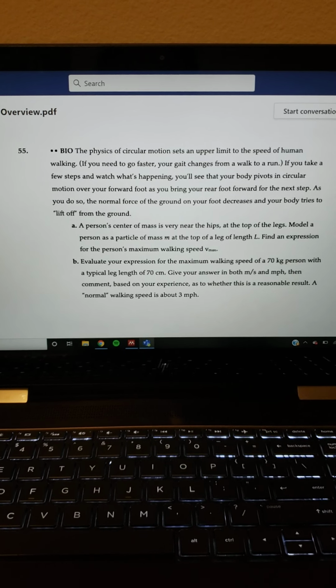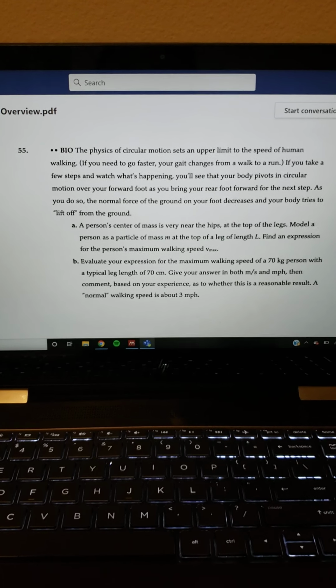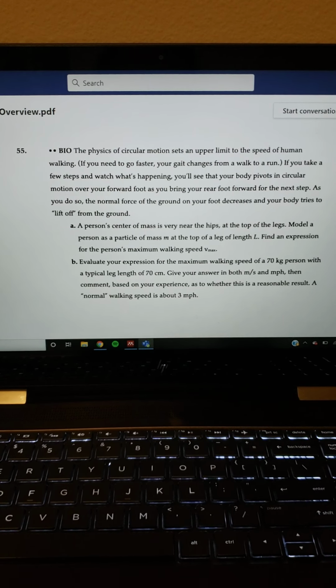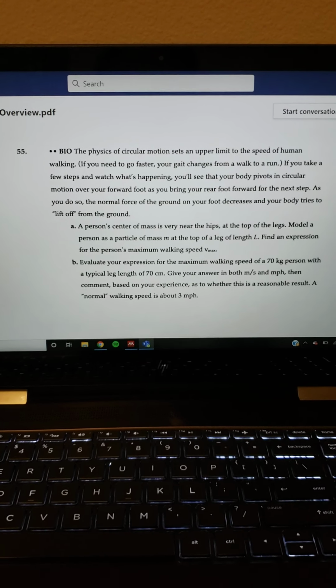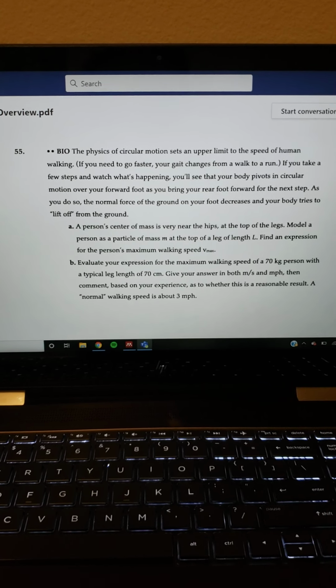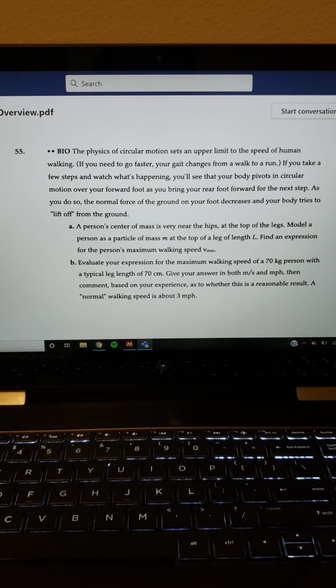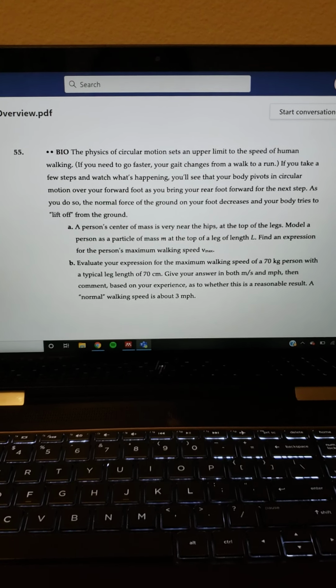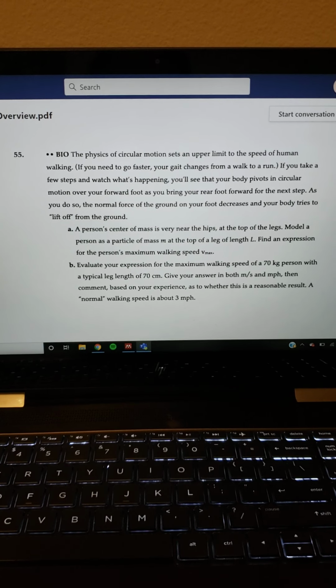Problem 55 states that the physics of circular motion sets an upper limit to the speed of human walking. If you need to go faster, your gait changes from a walk to a run. If you take a few steps and watch what's happening, you'll see that your body pivots in circular motion over your forward foot as you bring your rear foot forward to the next step. As you do so, the normal force of the ground on your foot decreases